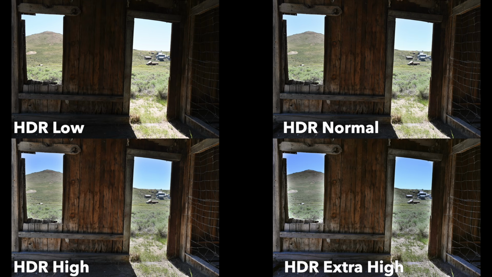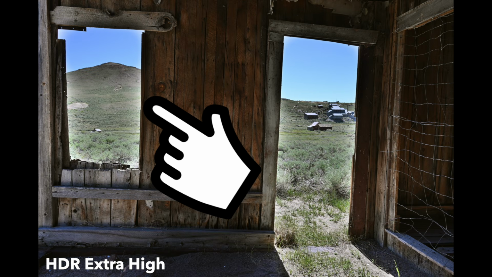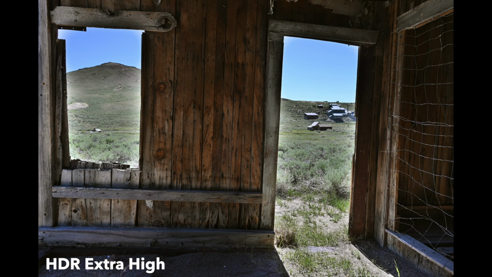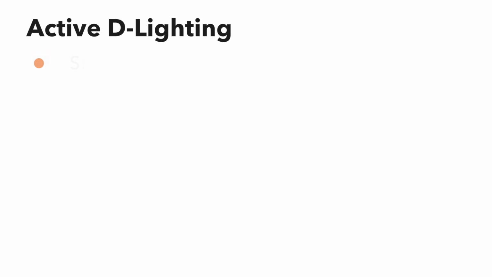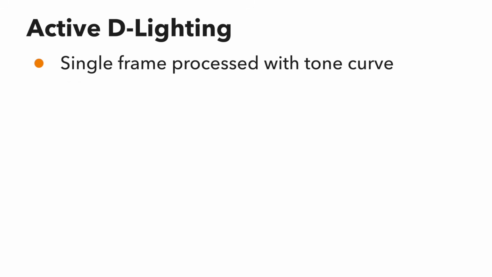But because of that extreme blending, you can actually see halos between where the shadow areas and the highlight areas butt up against each other because of how they're blended. The camera feathers that, and you start to get some bleed over from the shadows and the highlights into those opposite areas. The key differences to know are that active D-lighting is just one frame, it's very subtle, and it'll